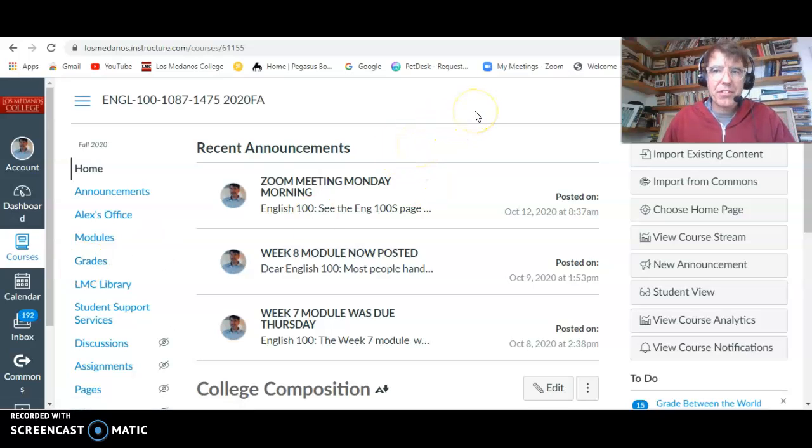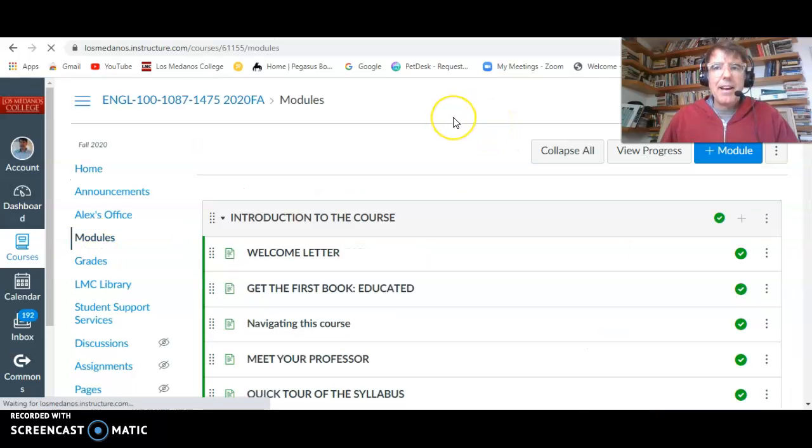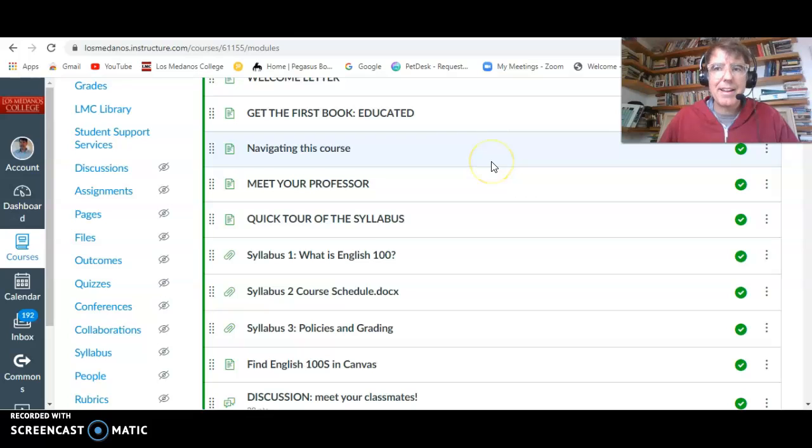And I will make sure to put those instructions in Canvas again, but I think you know how to do it now. So go in through grades, click on View Feedback, and you'll see everything I wrote about your essay once I've graded it. The other thing I want to show you right now is that there's some things in the first module that you should look at again. So in Canvas on the left, click on Modules, and you should revisit the very first module, which was called Introduction to the Course. So this was a long time ago now, but there's some things here that you might look at again.